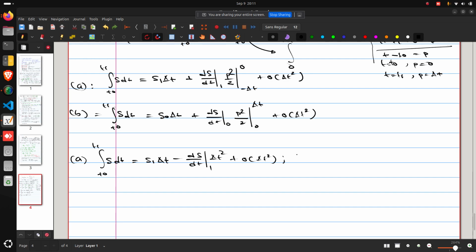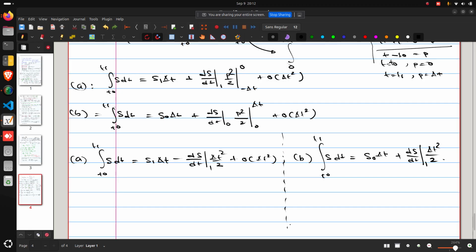Similarly for equation number B, we have t naught to t1 s dt equals s naught delta t, this will be plus, right, because this is delta t square minus 0. Okay, there is a 2 also here. And ds dt at 1 delta t square by 2. So we have these values, right. Now